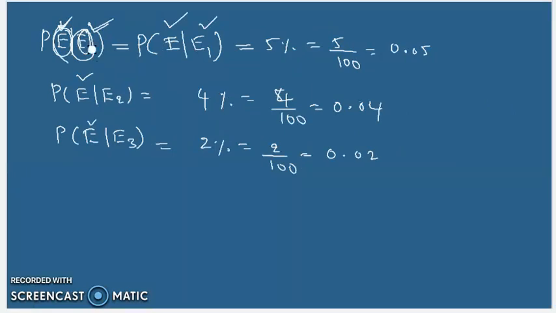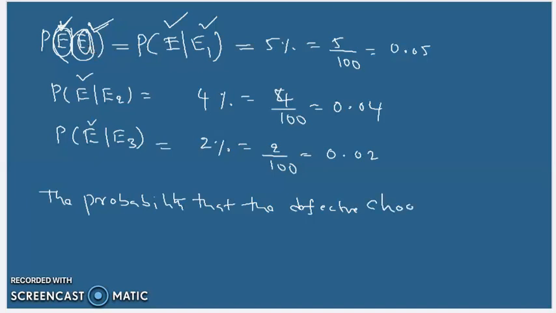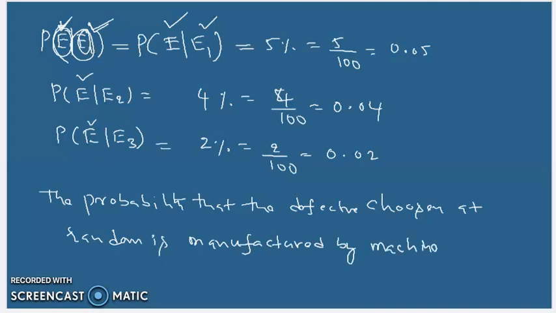The probability that the defective bolt chosen at random is manufactured by machine A. So by using Bayes theorem, this is the first problem in this. By Bayes theorem,